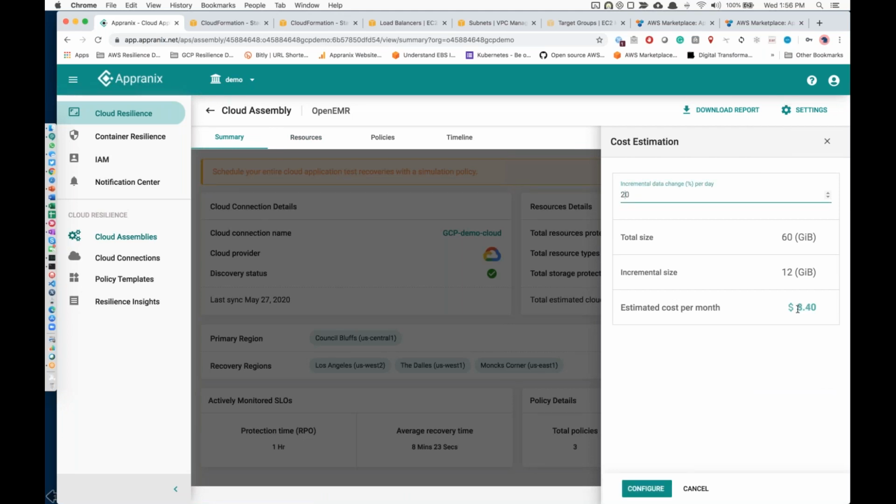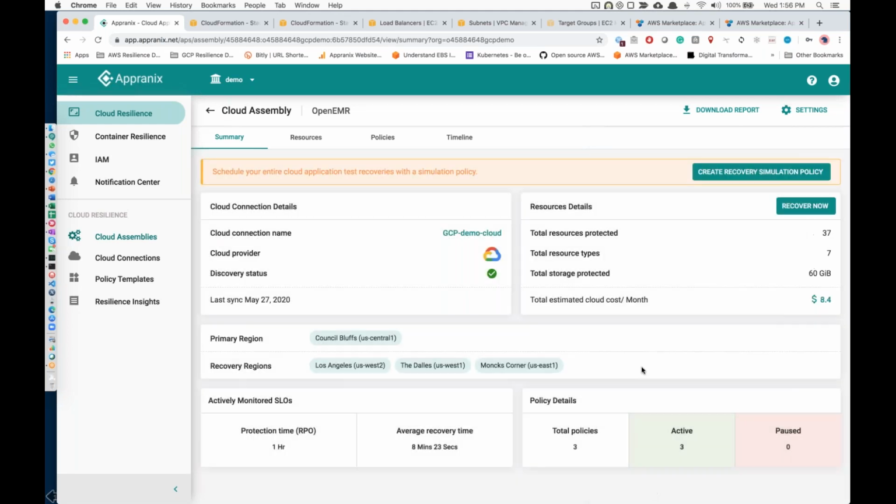We have a very small environment. It's $8, not a big deal. For me to make sure that my OpenEMR running on Google Cloud is protected, $8 versus peace of mind and a real ability to bring back that application to satisfy my SLA is nothing. Especially when I can simply tell Appranix to make sure that it's automated.